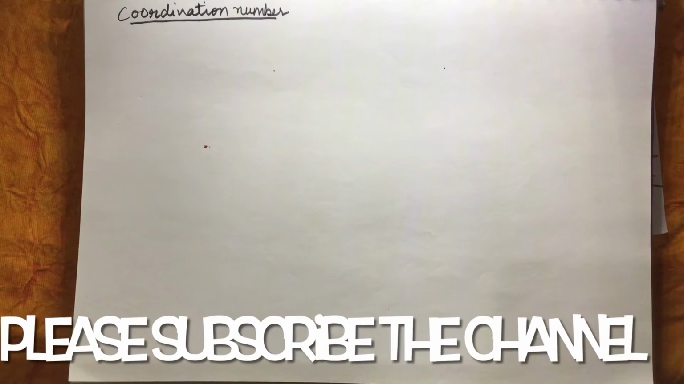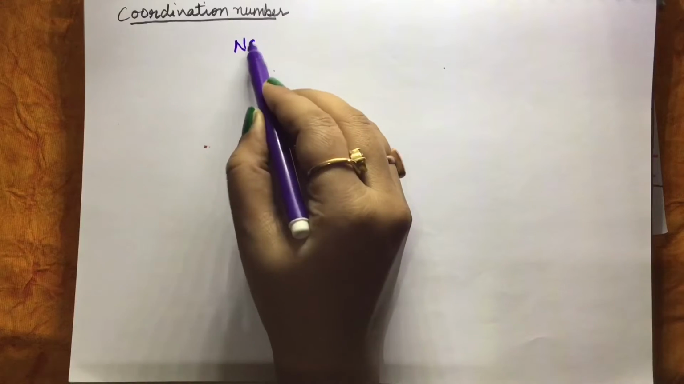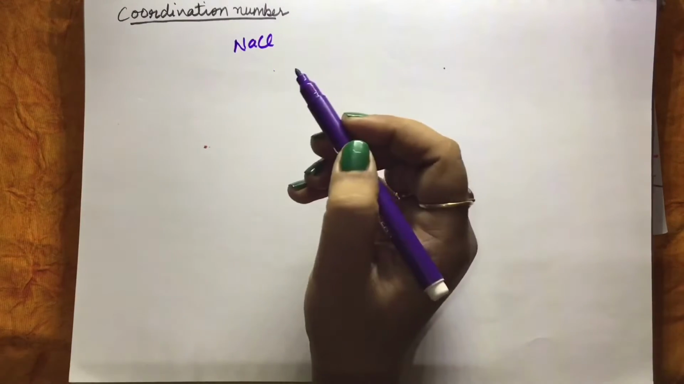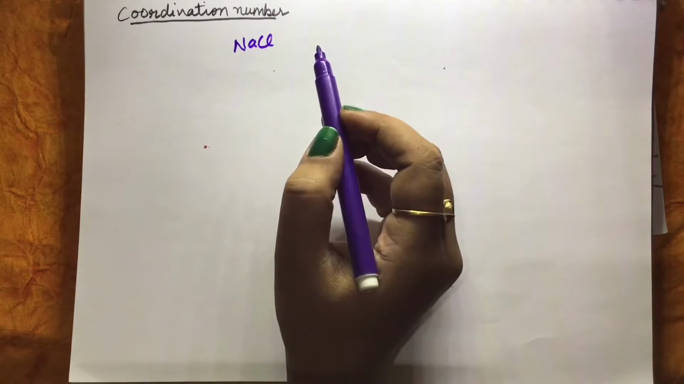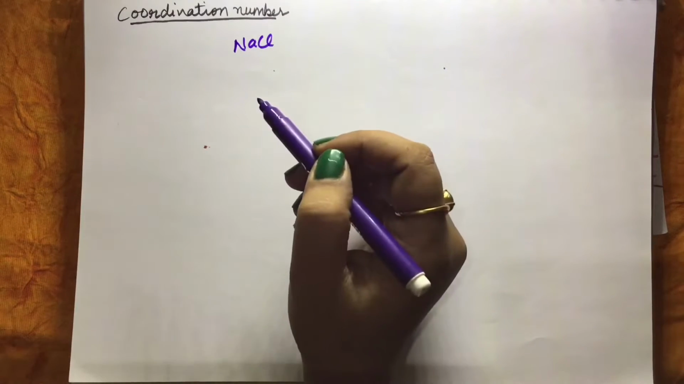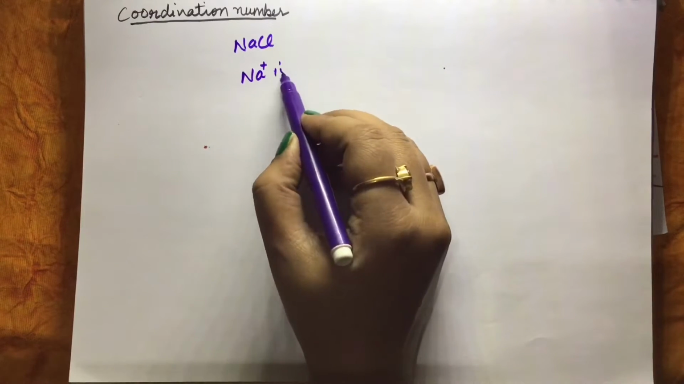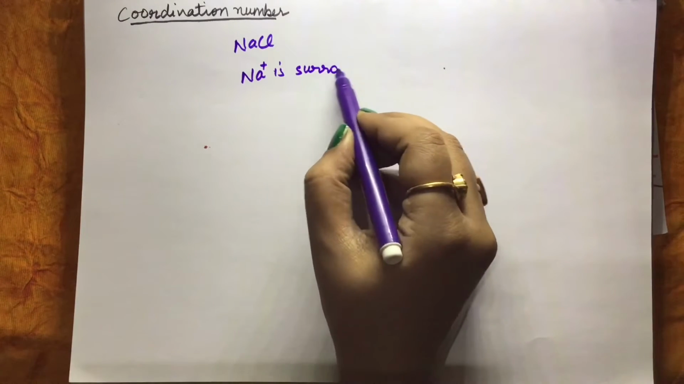What is a coordination number? Coordination number, this we will understand through some example. If we look at the crystal of NaCl, you can see this on YouTube also. A lot of videos are available which will tell you about the three-dimensional structure of NaCl. So you can see here that each Na+ is surrounded by